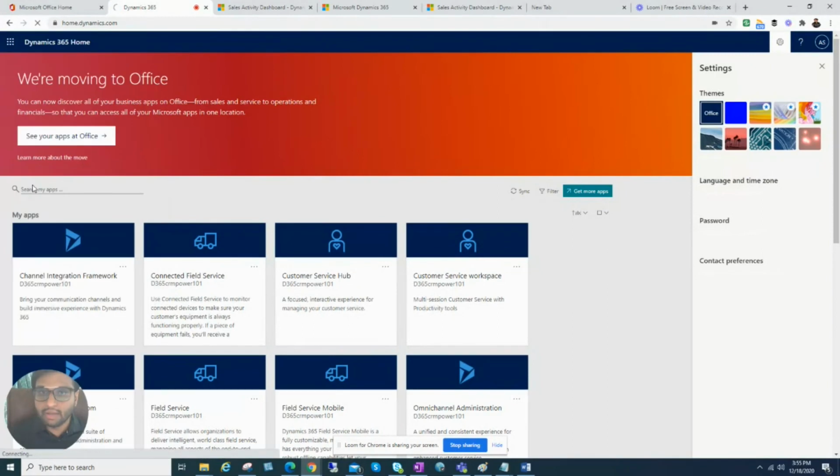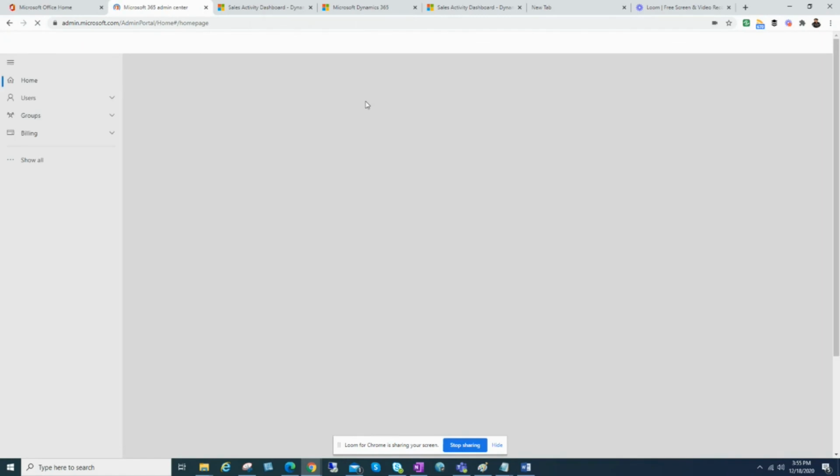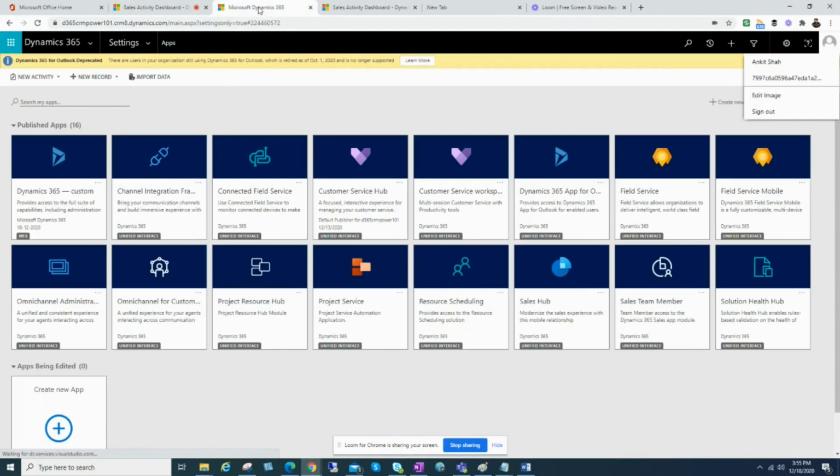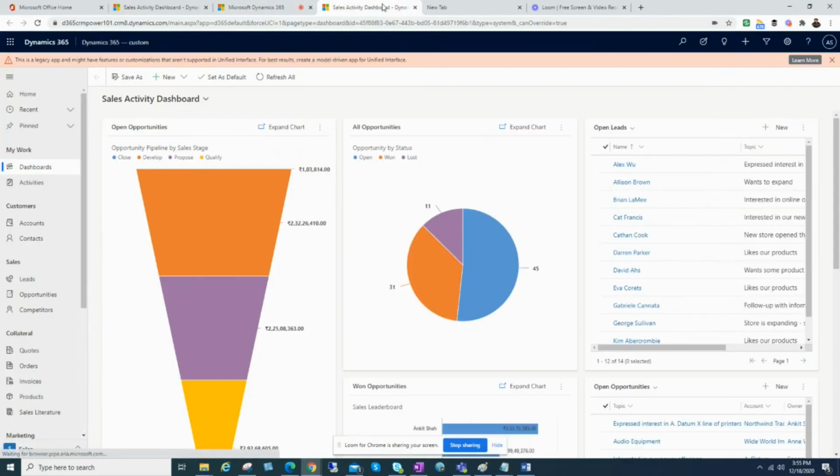Once you click on admin, you can add one more user and assign the license. In the trial version, I think you can add a maximum of 25 users. So this is our trial version, and you can play with this CRM for the next 30 days under a Microsoft tenant.